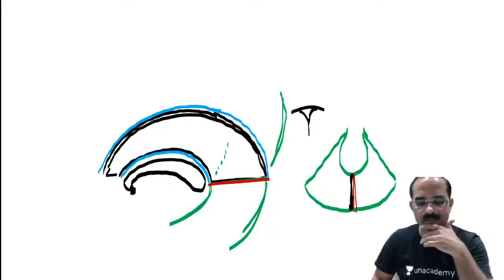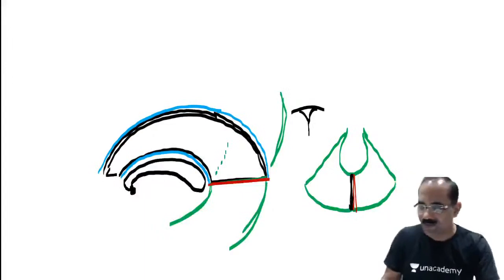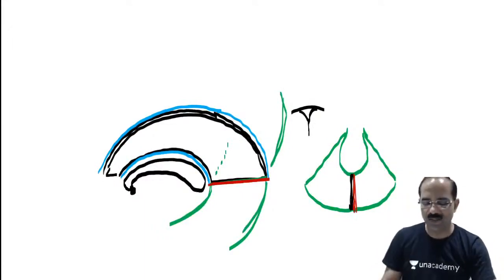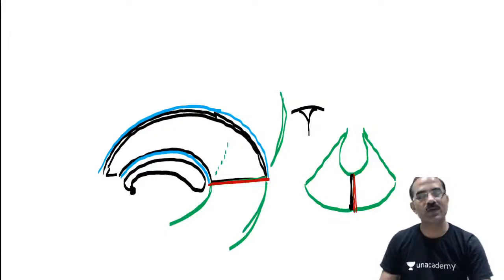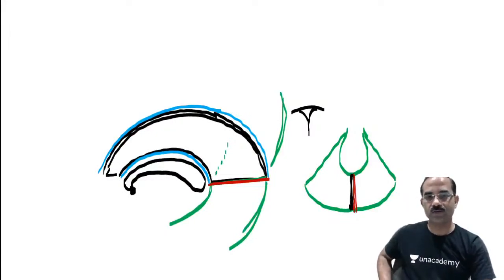But if you can answer this, not sigmoid. It's not sigmoid. It becomes straight. Look, it is going straight. It is known as the straight sinus. Straight sinus, okay? So this is what we call the straight sinus. Confluence is different.